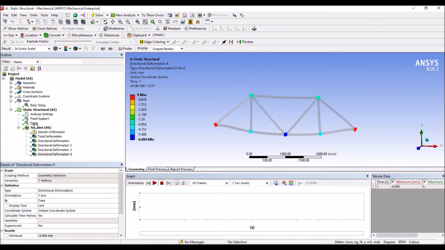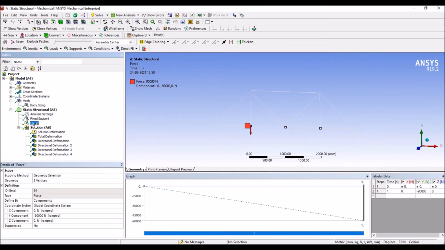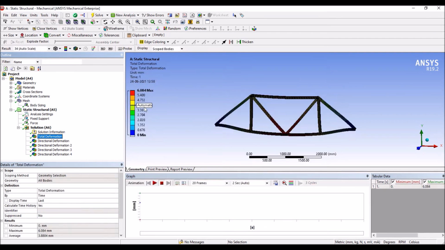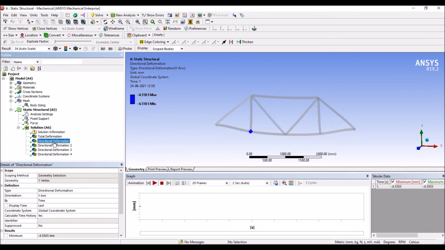Here we have taken the force combined. If you take the points individually, you will get the same results. Just see what we'll do. The force we have taken completely is minus 90,000 newtons, and we got the total deformation as 6.084, at the first point minus 4.55, second point minus 6.084, third point minus 4.5503.